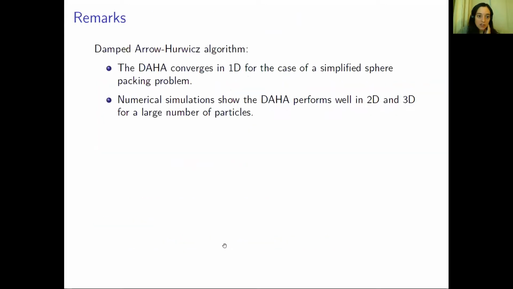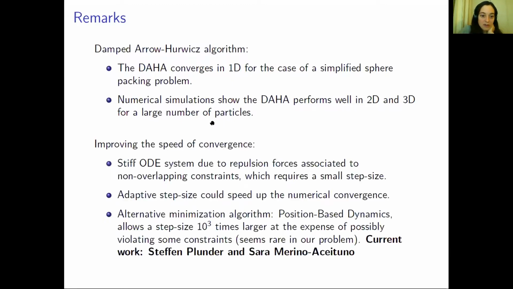Now, just a few remarks. We did some study in a simplified sphere packing problem, and we showed that the damped Arrow-Hurwicz algorithm converges in 1D, and in 2D and 3D, it performs reasonably well for a large number of particles. However, it can be improved in terms of numerical convergence,